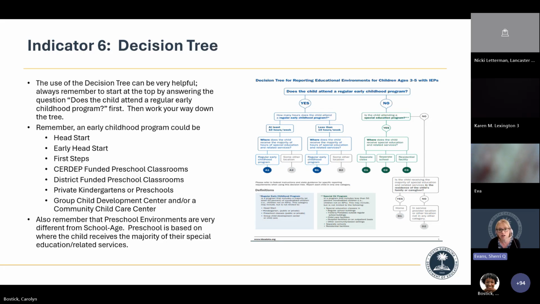So of course your district CERT-up, your district local funded preschool programs, but it also includes children who are in Head Start, who are in First Steps 4K, child cares, private kindergartens and preschools. Okay, so it's very different from your school age LRE.